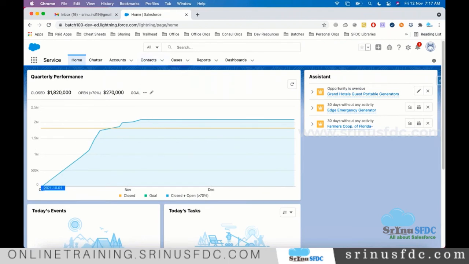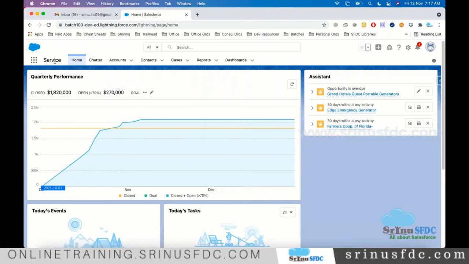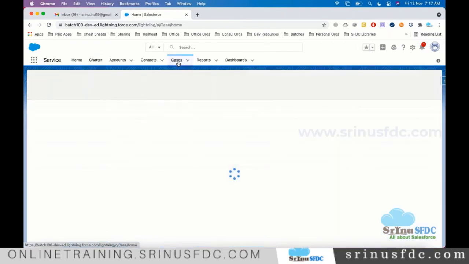Here we have cases. Mainly the support representatives, here we are assuming the Apple company. One of the Apple company employees logs in and opens this service application, and any support activity, anything related to support, will be created as a case.